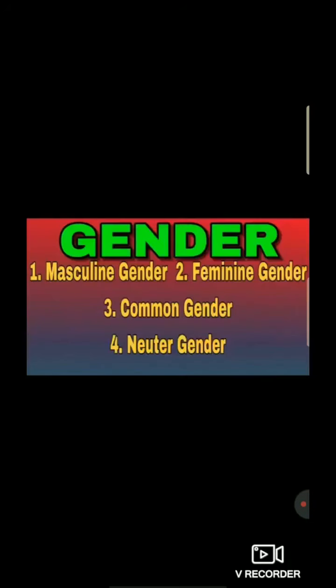So students, we had completed the question answers also, right? Our English part is completed. Now let us start with the grammar part. So students, everyone just open your combined book number 2, page number 31. Okay, we are going to learn gender.